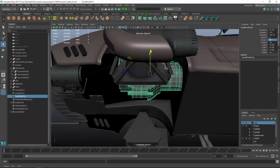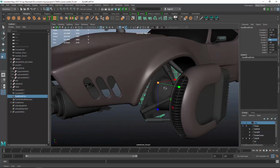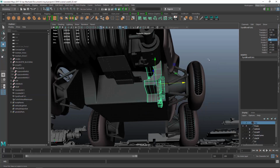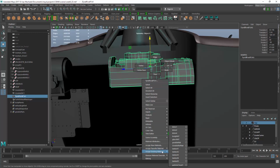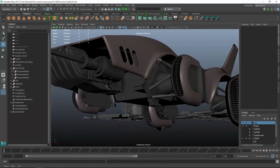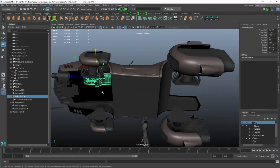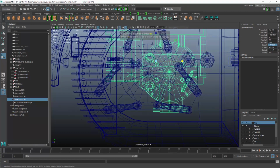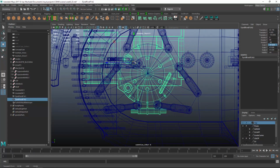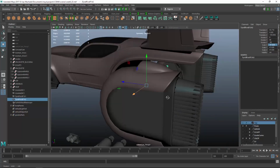And I'll scale it up a tiny bit. And then that gives us an interesting shape to play off of. We might want to make some holes in that motion base piece when we build it, just to show off the detail behind it. I'll duplicate that piece and scale it the other direction, just to line it up with these back engines as well. And I'll come back to that area later, but